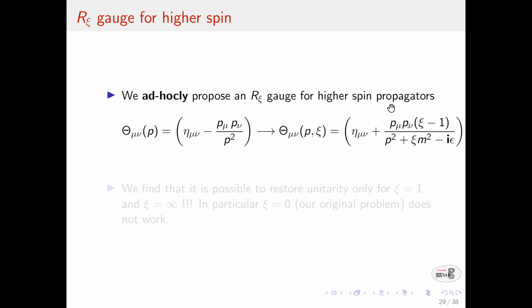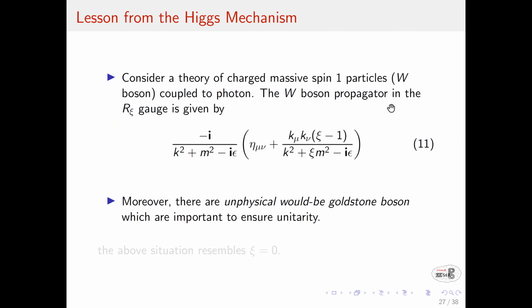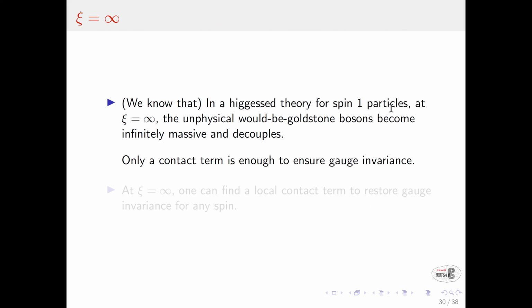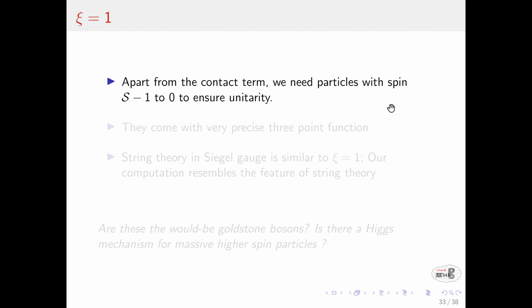Correct. It's this point, whether you're taking xi equal to 1 first or on shell first. If you're taking xi equal to 1 first, all poles are physical poles, but the residue is a problem. And the residue problem, precisely what Siraj was saying, the trace, double trace, triple trace, those are the residue problems. So remove it by adding these ghosts, would-be Goldstone bosons. Sorry? I think we need more than Goldstone scalars also. Yeah, I am calling all of them whatever. At this point, it's just an observation, right? You need everything. That's what I was saying. You need the full tower.